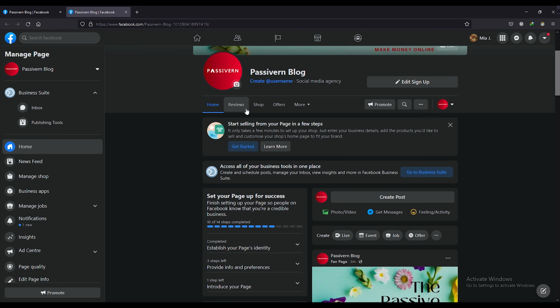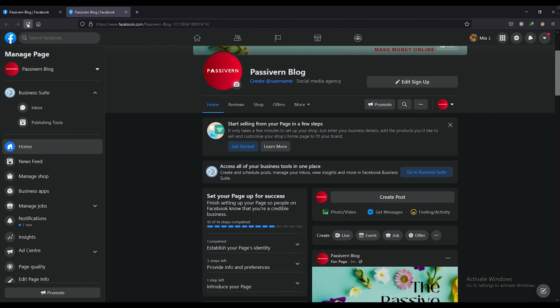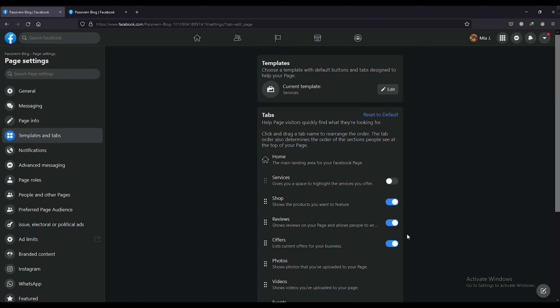Similarly, you can change the order of these options from here. Suppose you want shop in the second position and reviews in the third position. From here, just drag and drop your shop in the position you want. After that, reload it. You will see that shop will be in the second position and reviews in the third position. In this way, you will set up your Facebook page.